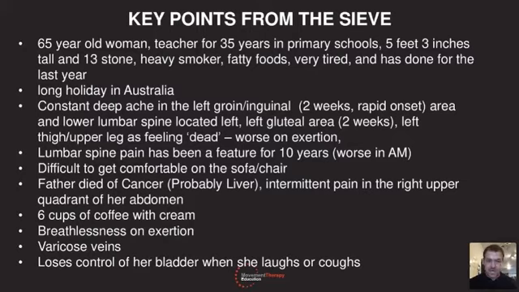She's 13 stone and 5'3", so she was obese, and so that's obviously going to bring other comorbidities with it, and immediately making you think about some of the things that she could have wrong with her health in general. She's a heavy smoker, enjoys fatty foods. She's very tired.